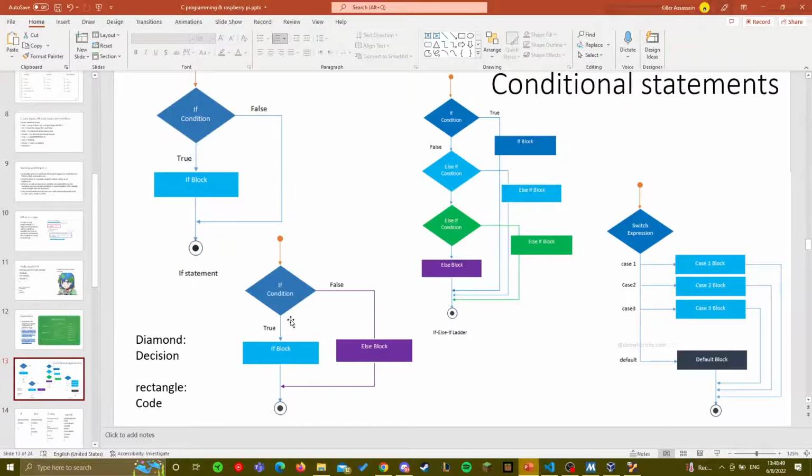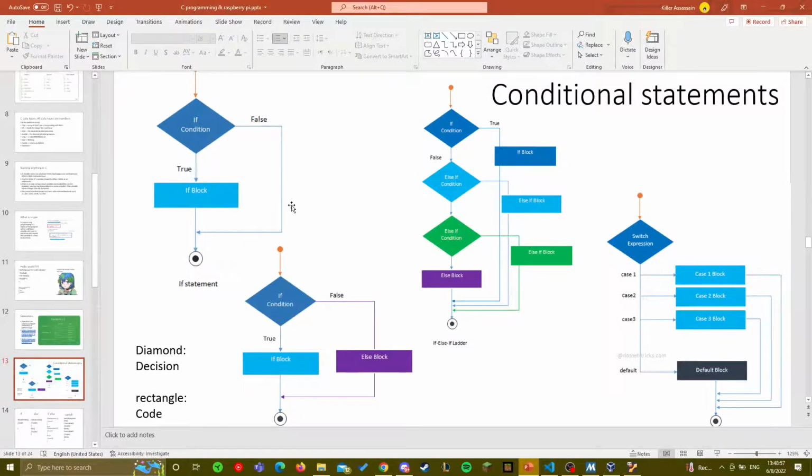Then you have your conditional statements. These are the most basic conditional statements here, right? So if condition, this is also a UML formatted way of looking at decision making, right? The diamonds are decisions, rectangles are code. So look at how you want to structure your code. If you want to structure your code in this way, you can start from this point, then go to your code. Or if you're trying to comprehend what you have, you can take your code and turn it into something like this.